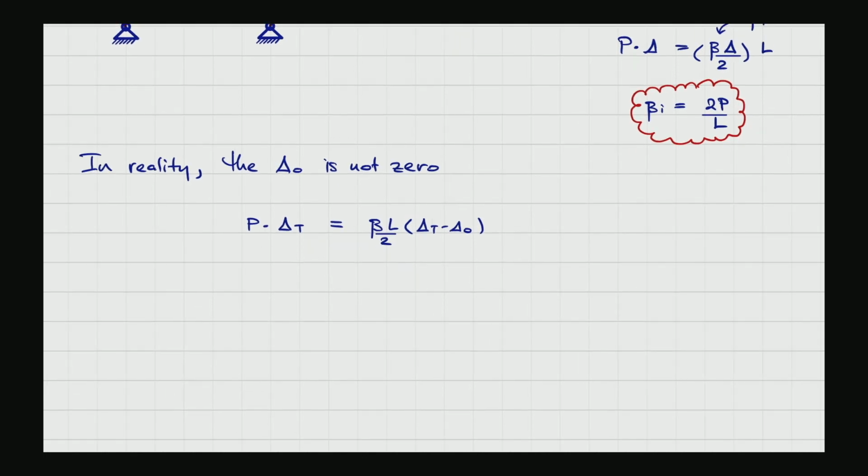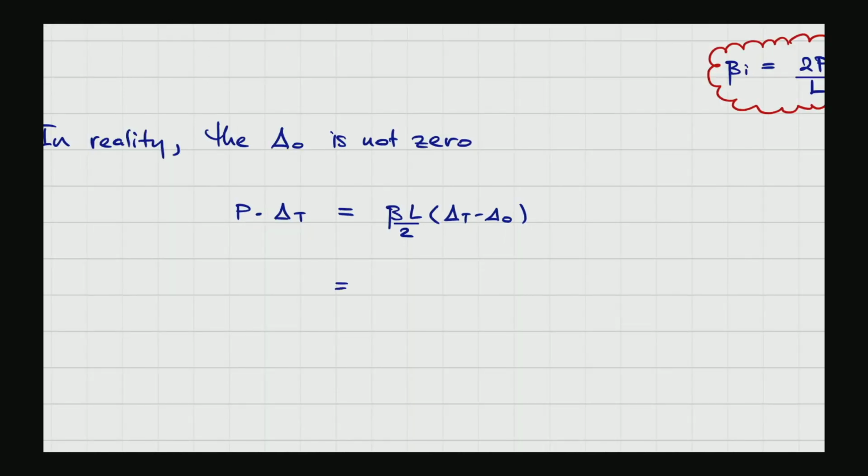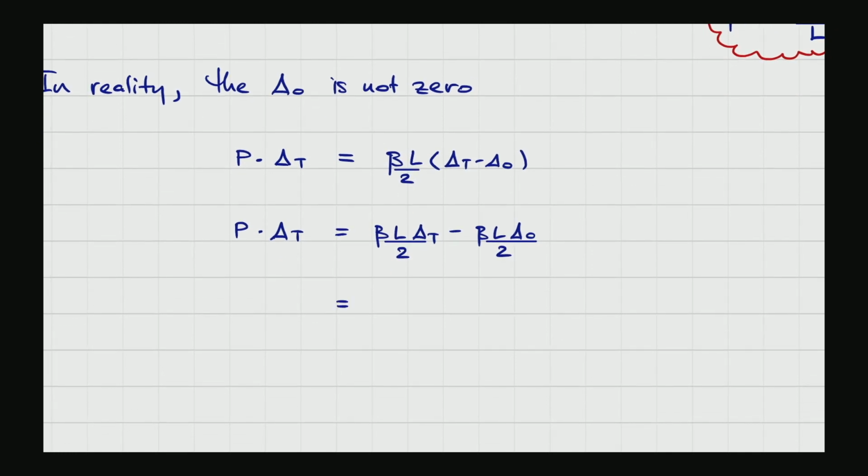So we will rearrange all these terms. Just expand P times delta T like that: beta L delta T over 2 minus beta L delta naught over 2, and put together the delta T in the same place. And we will get the delta naught. If we just multiply through, delta naught is moved to this side, and we have the